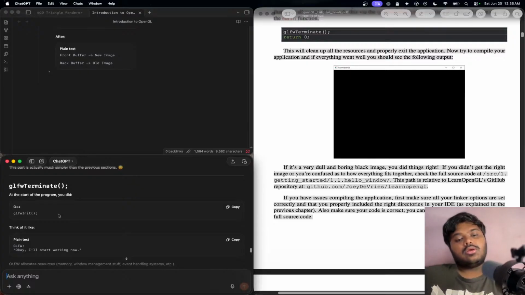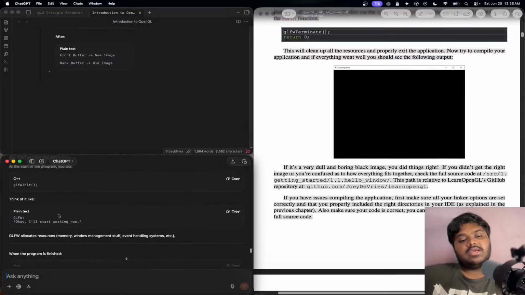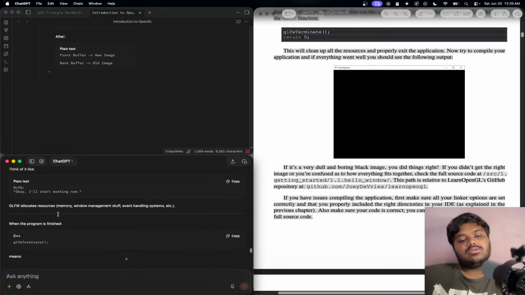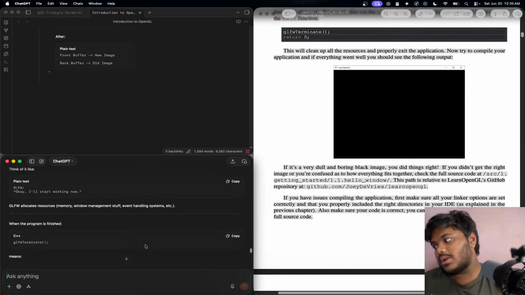At the start of the program, I did glfwInit. Think of it like we can start working. So it gets the resources, memory, window management stuff, and event handling. So when the program is finished,